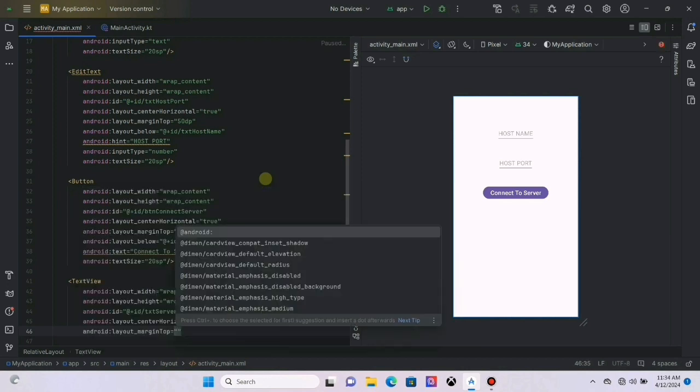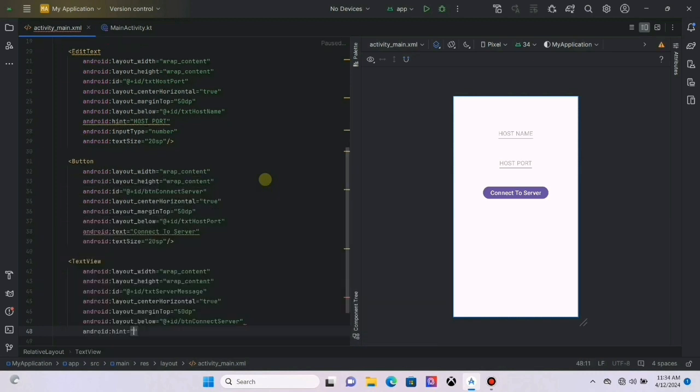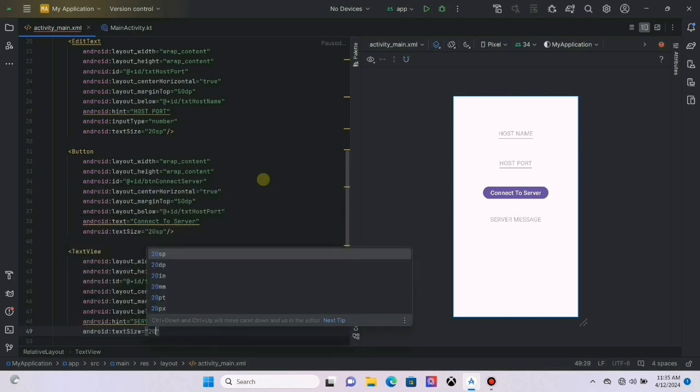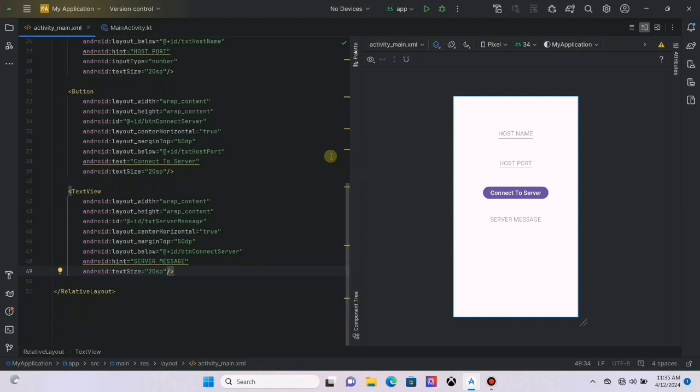Next, let's take this element down. Let's put this element under the previous element. Let's put a hint message on it. Let's increase text size. The element is successfully created. We successfully designed the layout of the app.